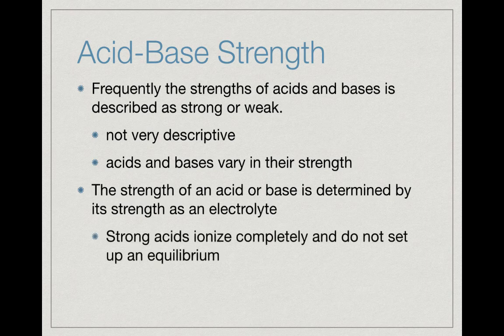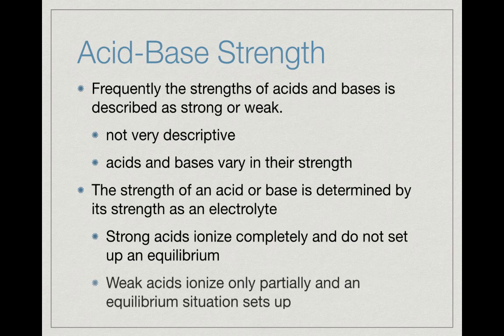So our strong acids then ionize completely in solution, and we have no equilibrium set up in that solution. They break apart, and that's all that happens. They don't get back together. Weak acids are acids that are weak electrolytes, and a weak electrolyte is a substance that in solution just breaks apart partially